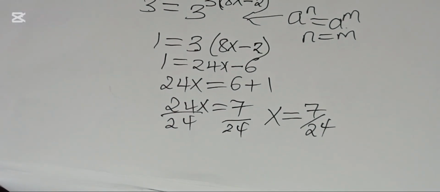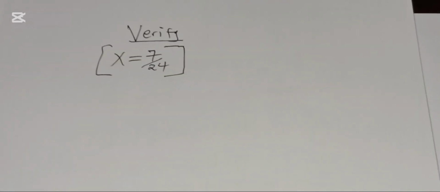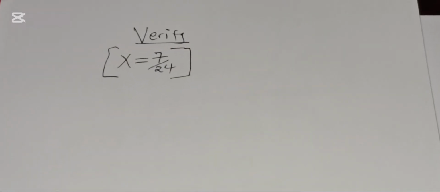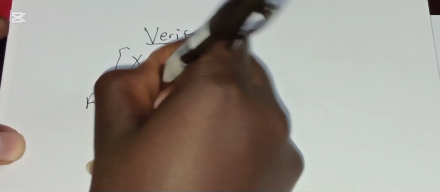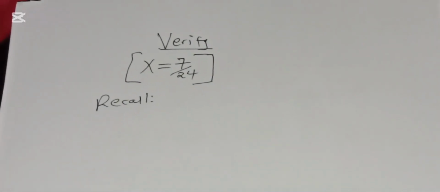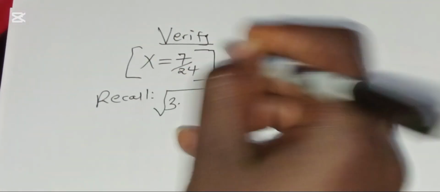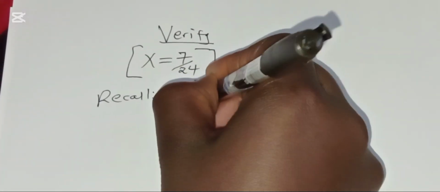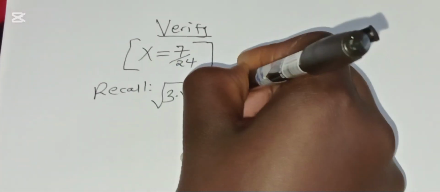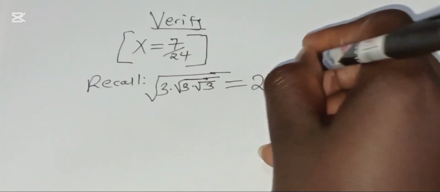So let's prove this one quickly. Let's verify that the value of x, which is equal to 7 over 24, satisfies the equation. As you can recall, we had that the square root of 3 multiplied by square root of 3 multiplied by square root of 3 is equal to 27 raised to power